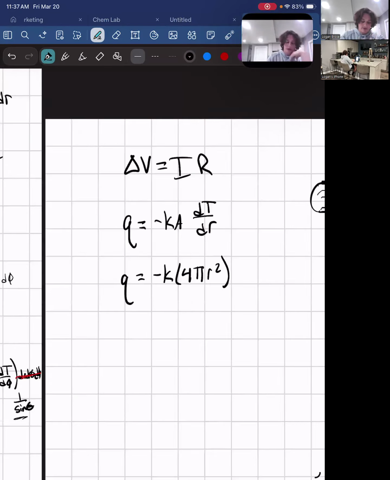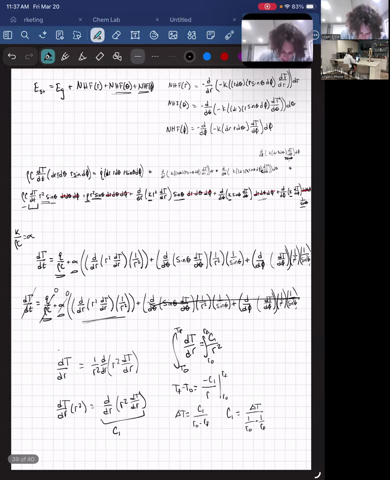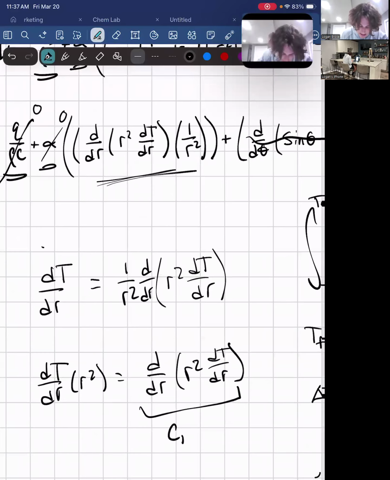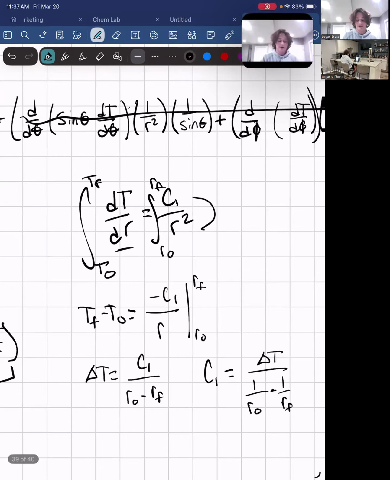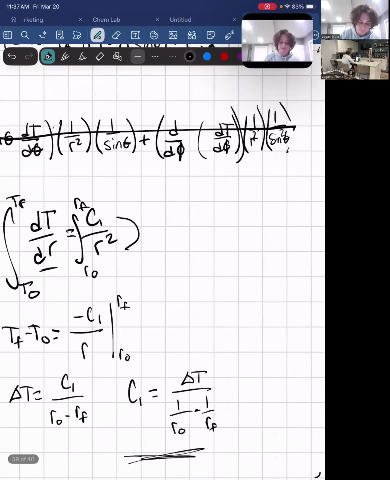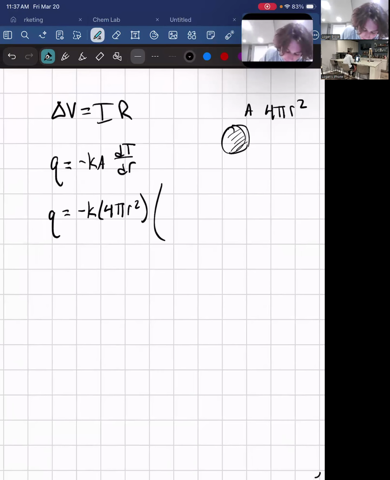And then if we look back at our equation here, we know that dT dr equals C1 over r squared. Well, we just found our C1. So I'm going to write the C1 over r squared as 1 over r squared times